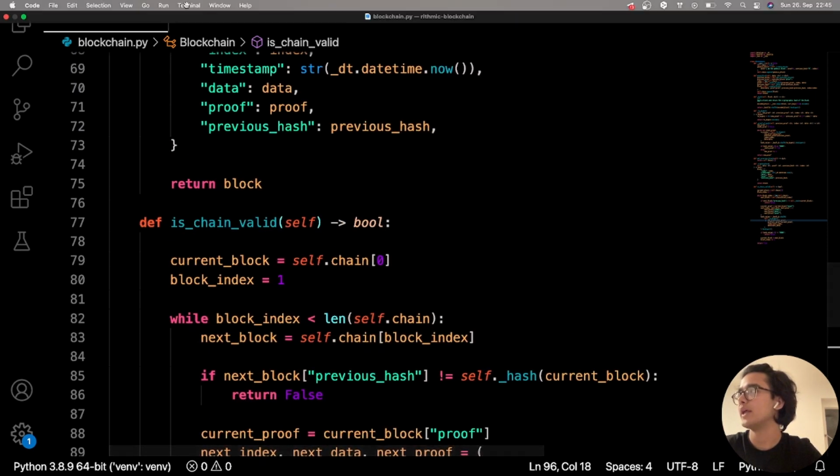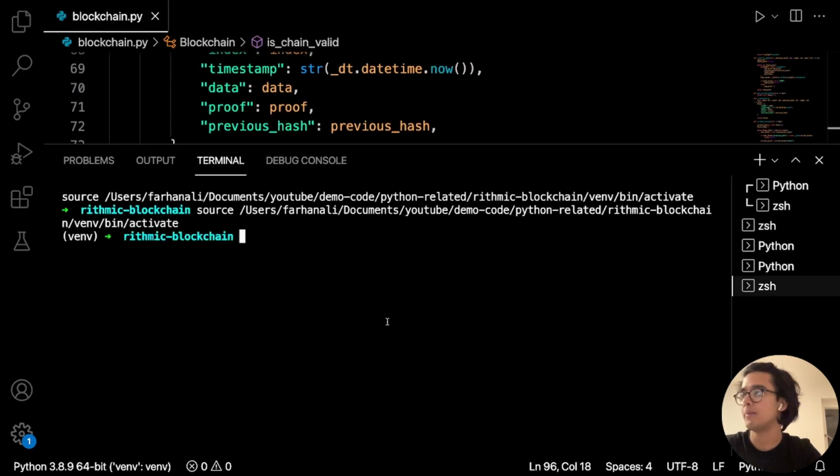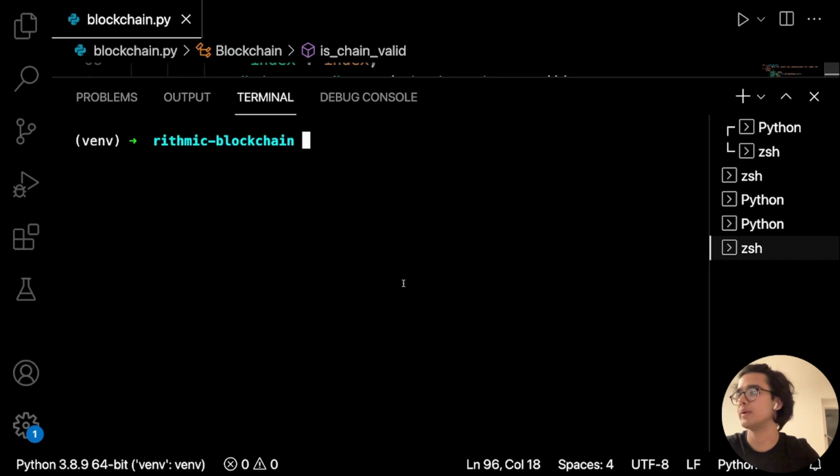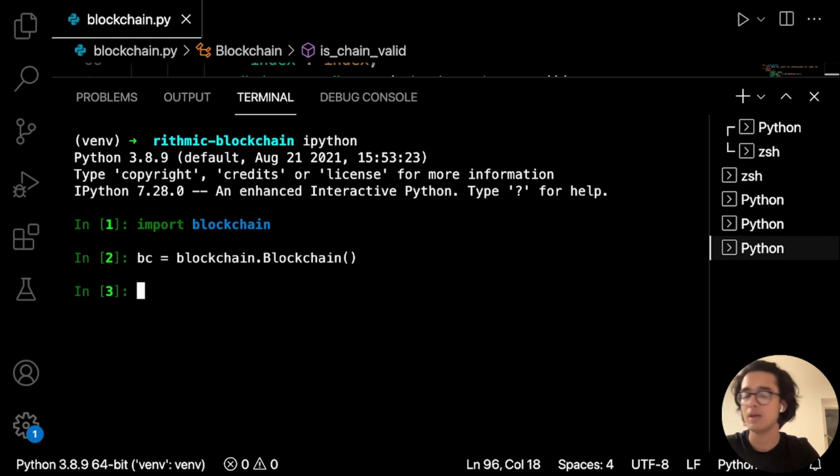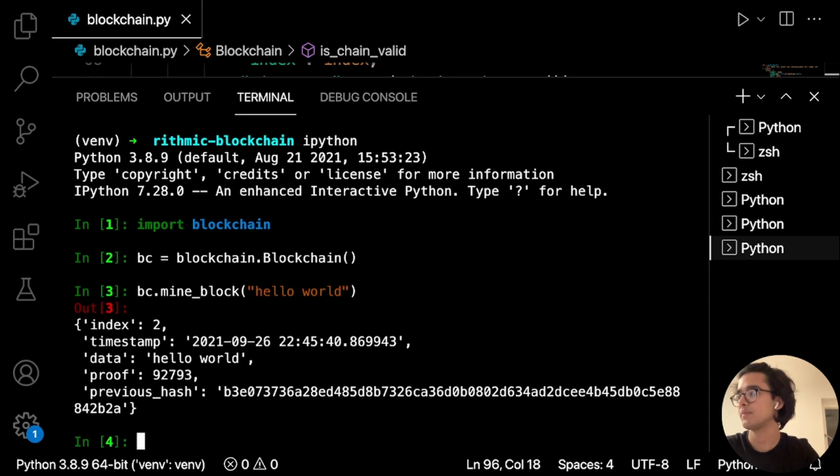Okay, so let's go ahead and try this out again. Let's open up the command line, clear all this, and zoom in a bit. Python, we'll say import blockchain, bc equals blockchain.blockchain, and then bc.mine_block, we'll say hello world. We get the first one. Let's add another one. We'll say mine block